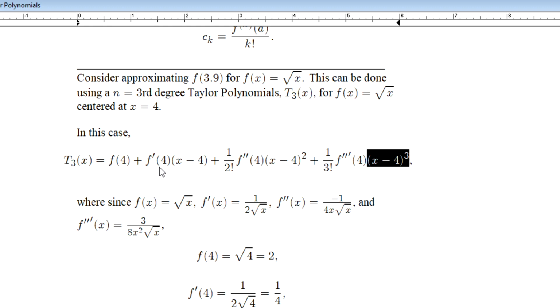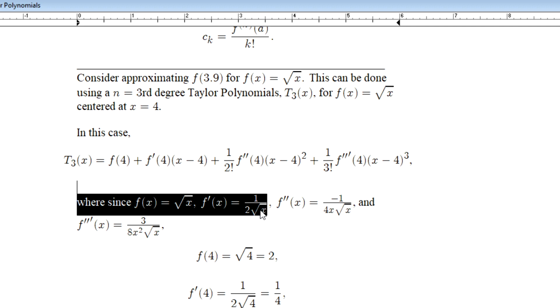Now here's where a little bit of rigor is involved. You are going to have to calculate the first, second, and third derivatives for this square root function. And unlike the e to the x function, these take a little bit more thought to get through their calculation. Keep in mind, though, the square root of x, following a power rule, does give us 1 over 2 root x, where if I follow the power rule now for that x, using this constant of 1/2, and x